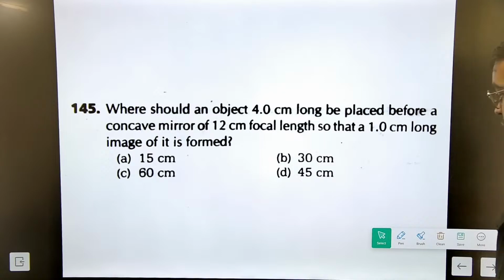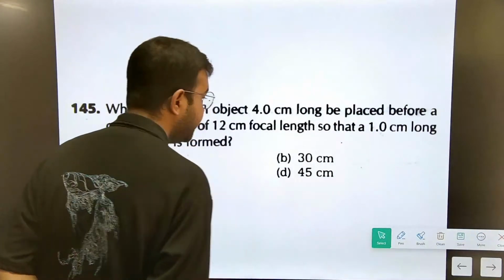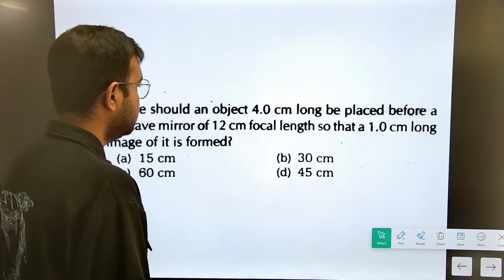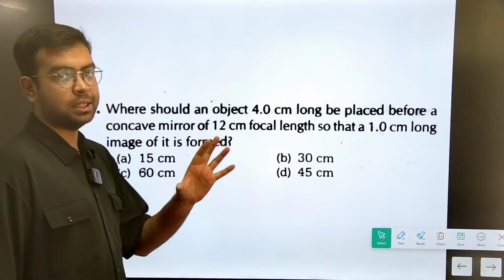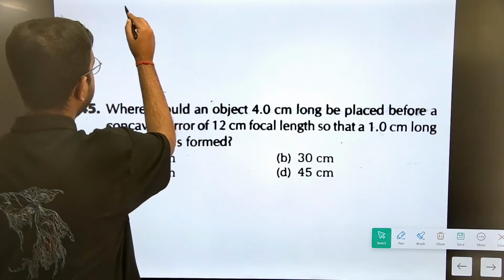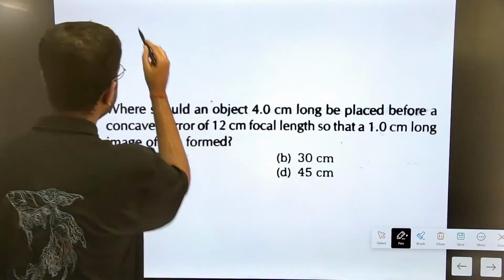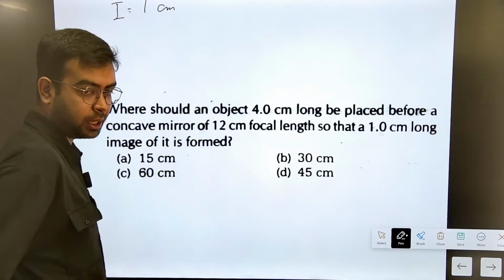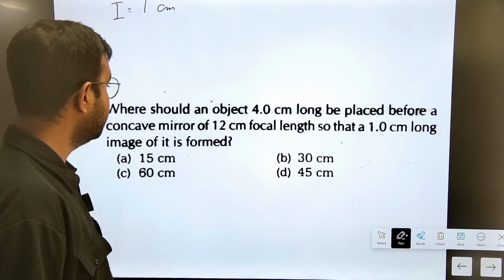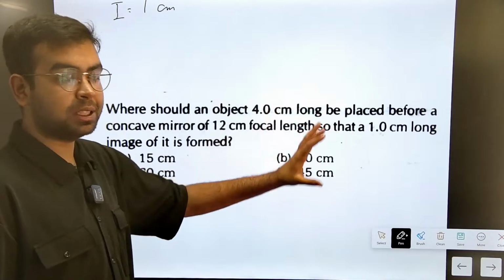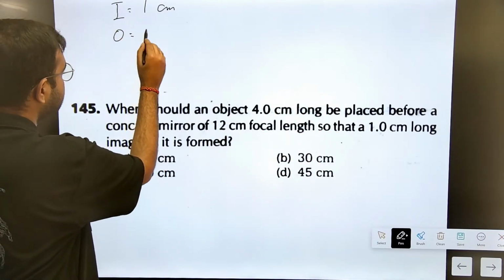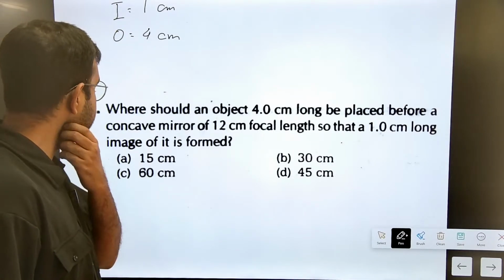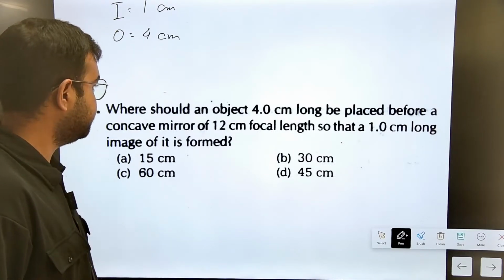बेसिकली यहाँ पे हमें करना क्या है, देखो, we have been given the size of the image। ठीक है? कि ये पर्टिकुलर साइज का इमेज मुझे चाहिए। साइज ऑफ द इमेज हमें कितना चाहिए? साइज ऑफ द इमेज इज डिनोटेड बाय I। ठीक है? साइज ऑफ द इमेज हमें चाहिए 1 सेंटीमीटर का। ओके? अदर देन दैट हमें ये बोला है कि ऑब्जेक्ट का साइज हमारे पास कितना है? साइज ऑफ द ऑब्जेक्ट कैपिटल O इज 4 सेंटीमीटर। ठीक है? Size of the image is 4 centimeter.